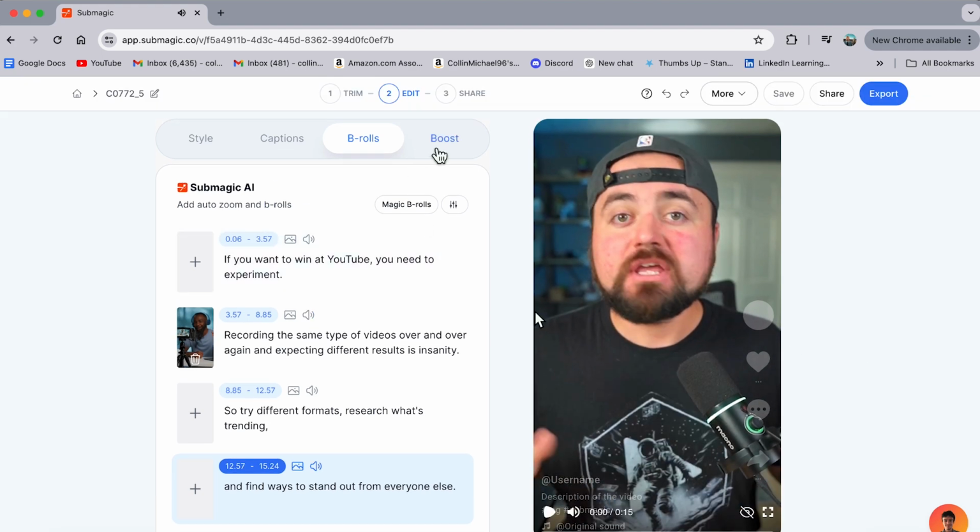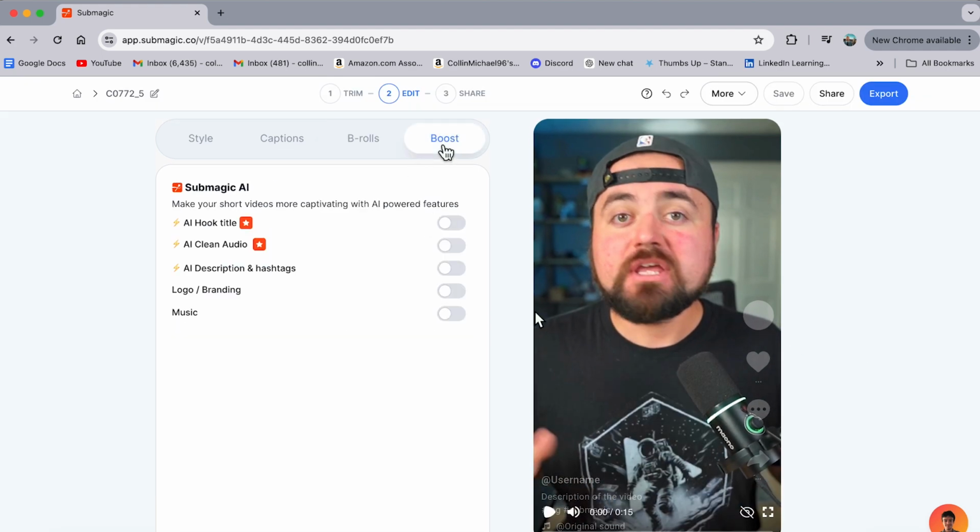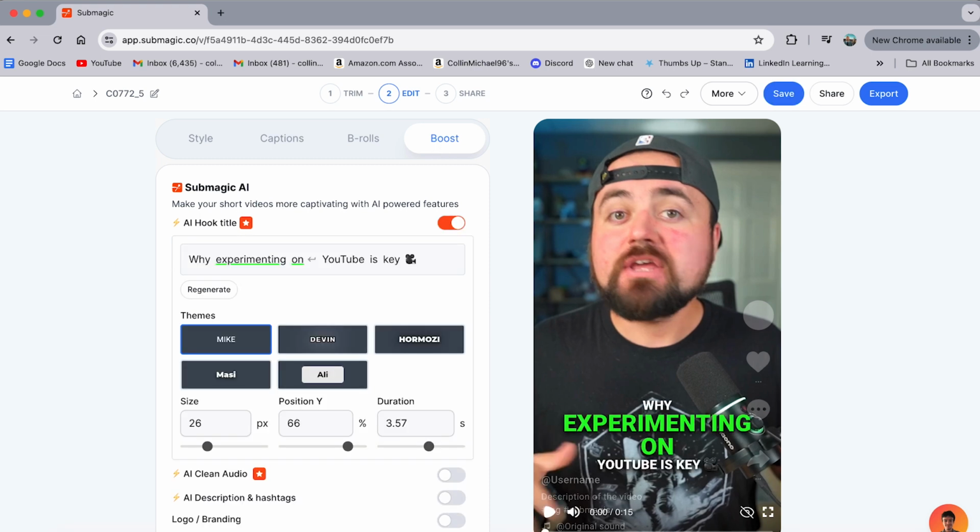Awesome. And next, let's head over to Boost. And here's where some other interesting features come in. So first is this AI hook title. The way this works is AI will analyze your video, and it'll come up with a quick line here that can be on screen right when someone lands on it. So instead of it just being